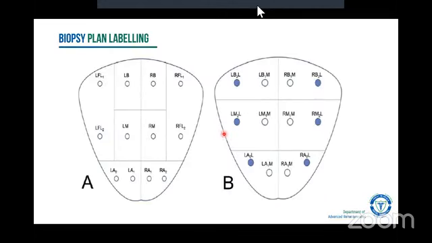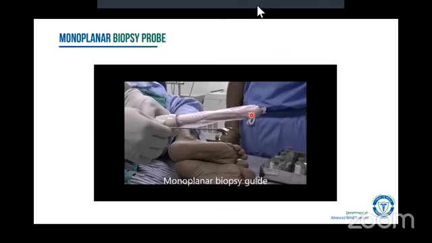So this is how you will label your biopsies. The FL stands for far lateral, L stands for left. So the far lateral zone is here, the middle zone is here, and you can further divide it into the base and the middle zone. The apex is labeled as A1 or A2. Similarly, on the right hand side, you can follow another one where you can divide into base, middle, and apical zone. Base is labeled as B, B1 and B2. B1 is medial, B2 is lateral. Any particular labeling strategy you can follow, which is easily understood by the pathologist.